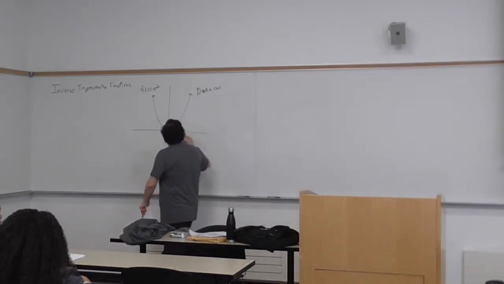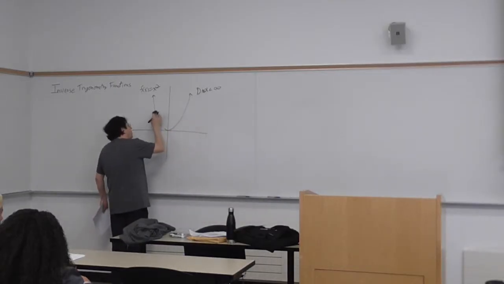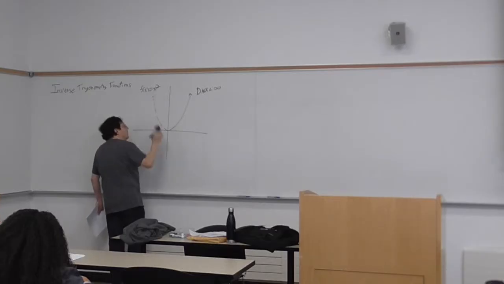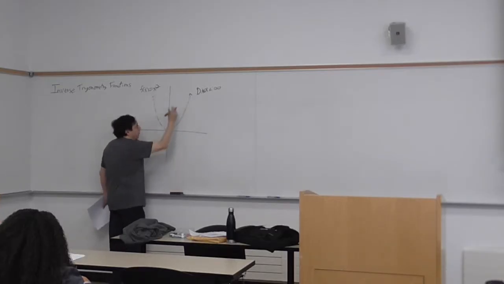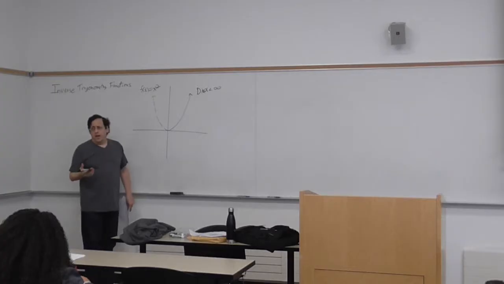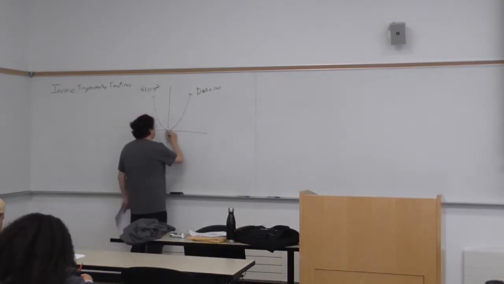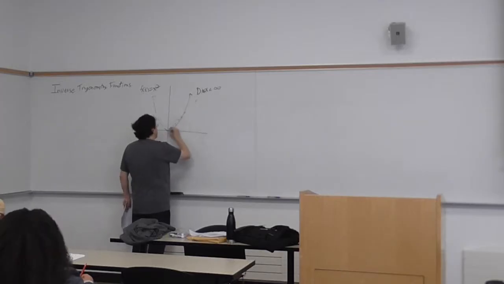In other words, we kind of erase this portion of the function. So now we just have a one-to-one function. And, of course, the graph of that function will just be a reflection along the line